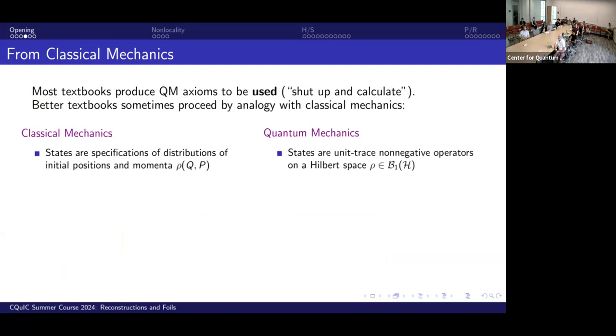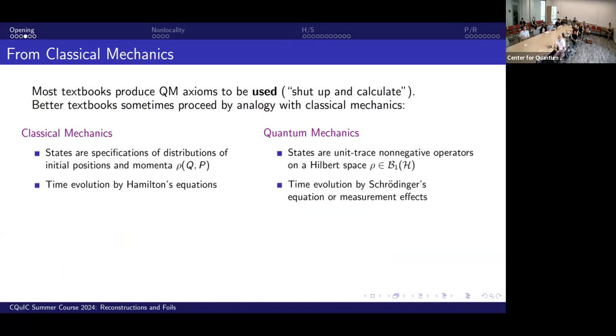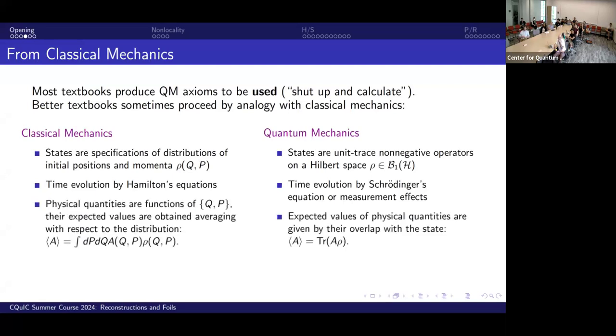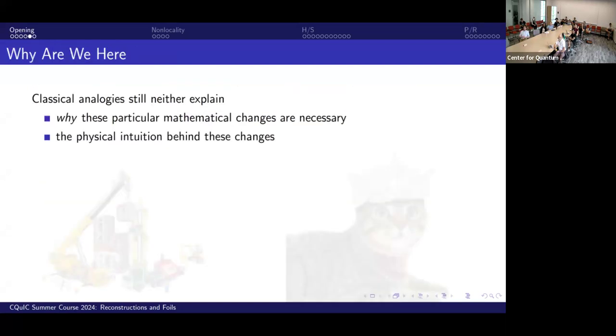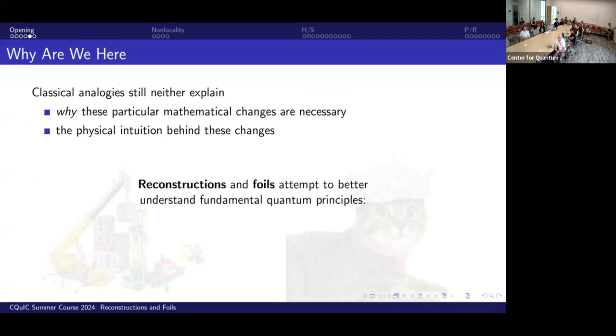You say that you have these things that are called states, which encode some description of your system. You say that you have some way of doing time evolution, whether by Hamilton's equations or through the Schrödinger equation. These both have nice geometry. You have this idea of getting expectation values through certain kinds of averages. All right. Now this is all very good. These classical analogies we use don't explain why we need to change our mathematics when we look at quantum mechanics. They don't really give a good sense of what's the actual physical intuition behind us making all of these changes in the first place.